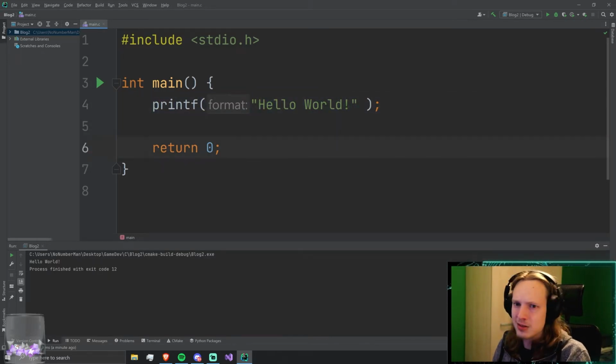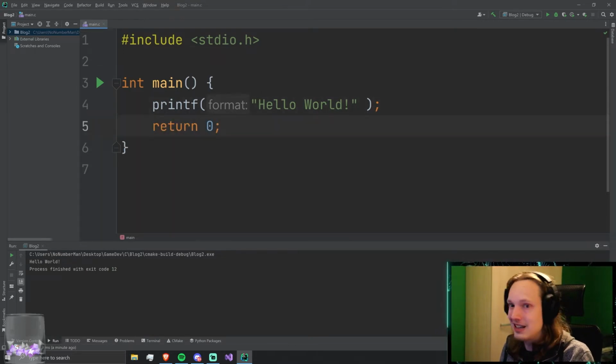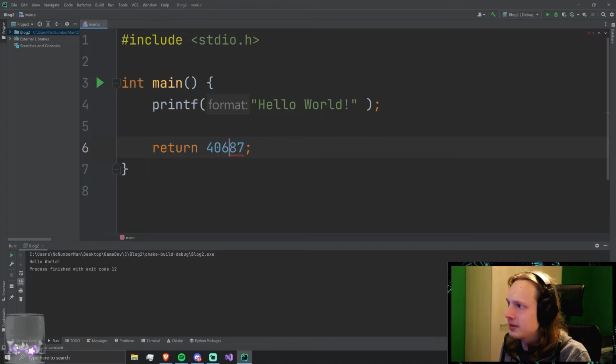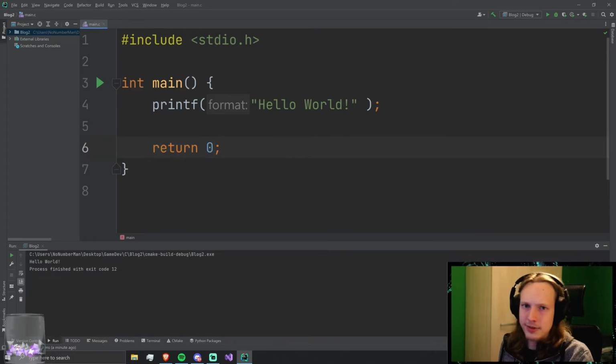Well, if something goes wrong, you just return 1 or some error code that you might have. If you return 0, that means that your program exited successfully. Any other value is an error, or is considered an error. So that means that you can make your own little error messages, which are then paired with a unique integer, and then you can just return this unique integer. This is my error code. Something went wrong. Please look into it, you know? So that's kind of nice, and it's very different from other languages.